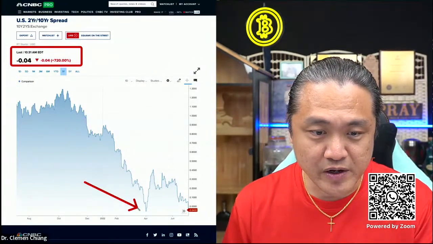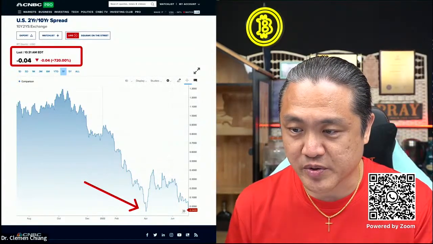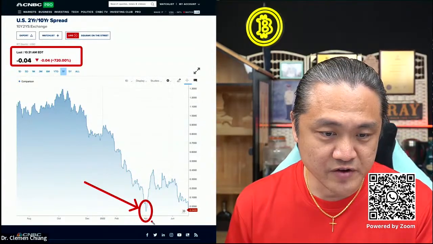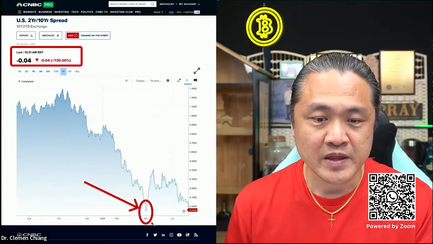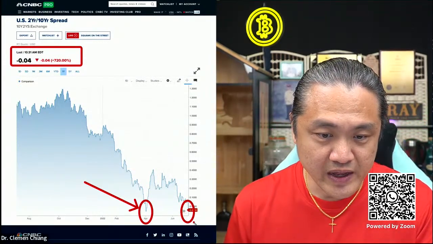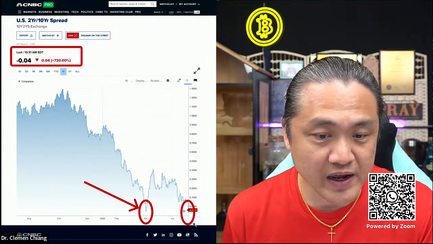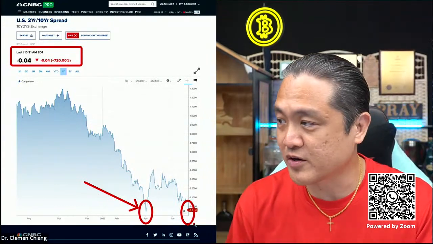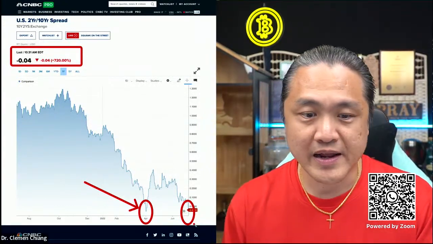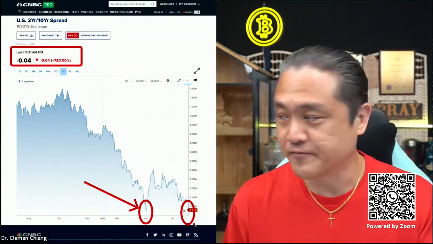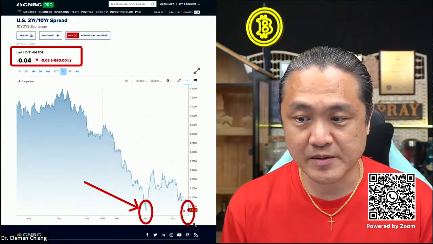The first time round we got hit, that was in the first week of April. That was the first negative yield curve. And this time round, we are on the first week of July. Again, right smack, twice hit negative number, we are on a negative yield curve. Now, what does that mean? It simply means that